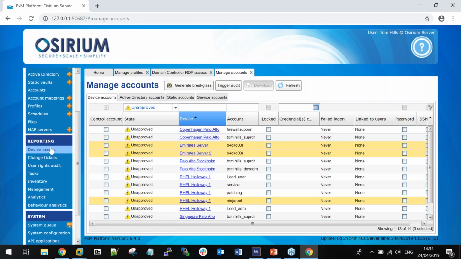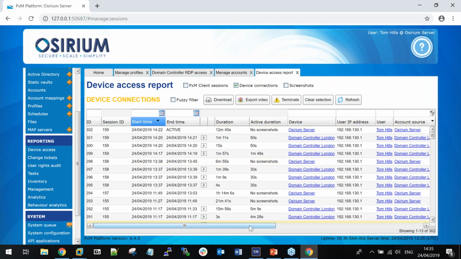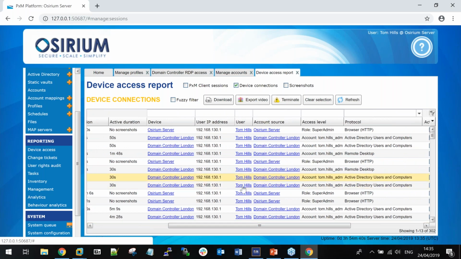So how do we look at device recordings, for the other part of the CAF framework? We'll have a look at our device access report. And under here is the full-on who did what, where and when. As you can see, again, we can do lots of filtering on session start and end times. We can look at the device that they've accessed, the IP address they've come in from, what account they've used to log in,